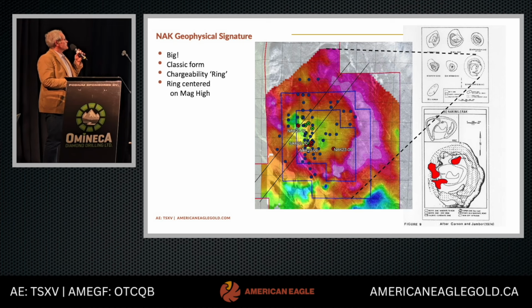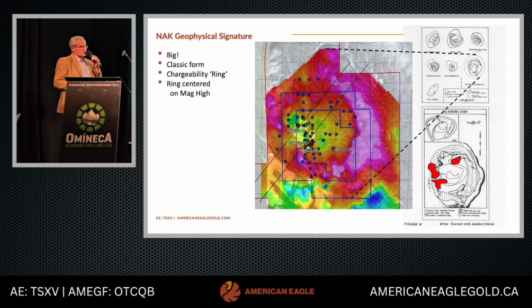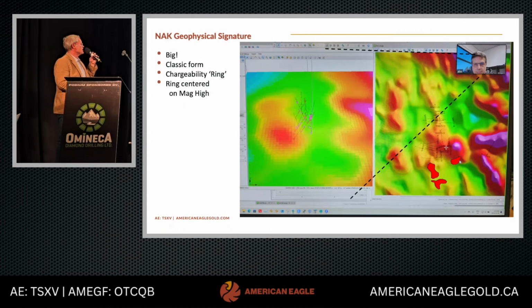That's where you see, so that's NAC closer up, and that's the geophysical signature. You can see the footprints of the three deposits, Morrison, Bell, and Grand Isle, superimposed on that geophysical anomaly. So all there, and plenty of space within our claim group, even though it's not the largest in